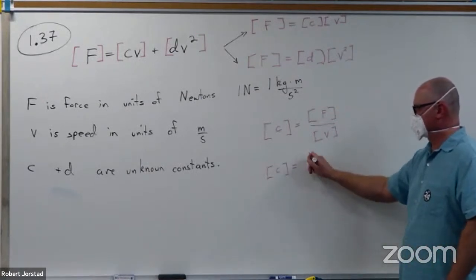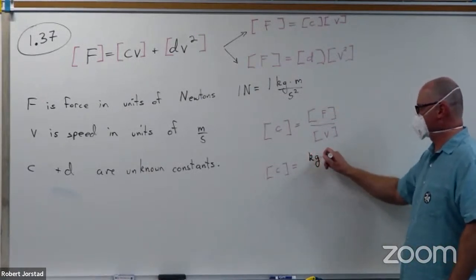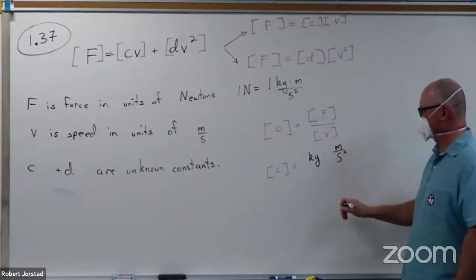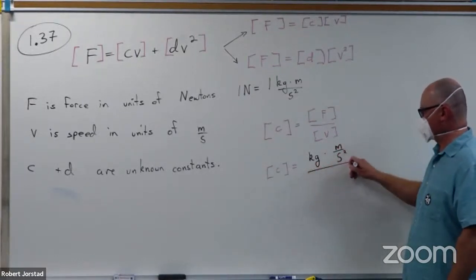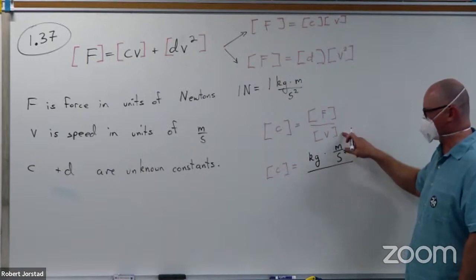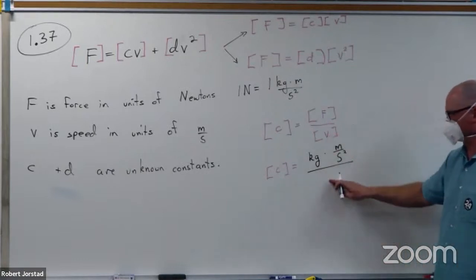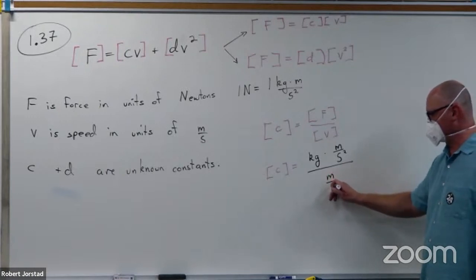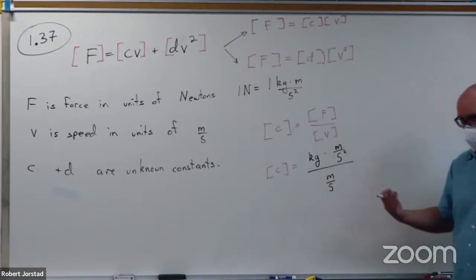Kilograms times meters, kilogram times a meter per second squared. And we're going to divide this by the units appropriate for V, which are meters per second. Meters per second. Now remember, the only difference between what I'm telling you and what Dom is telling you is